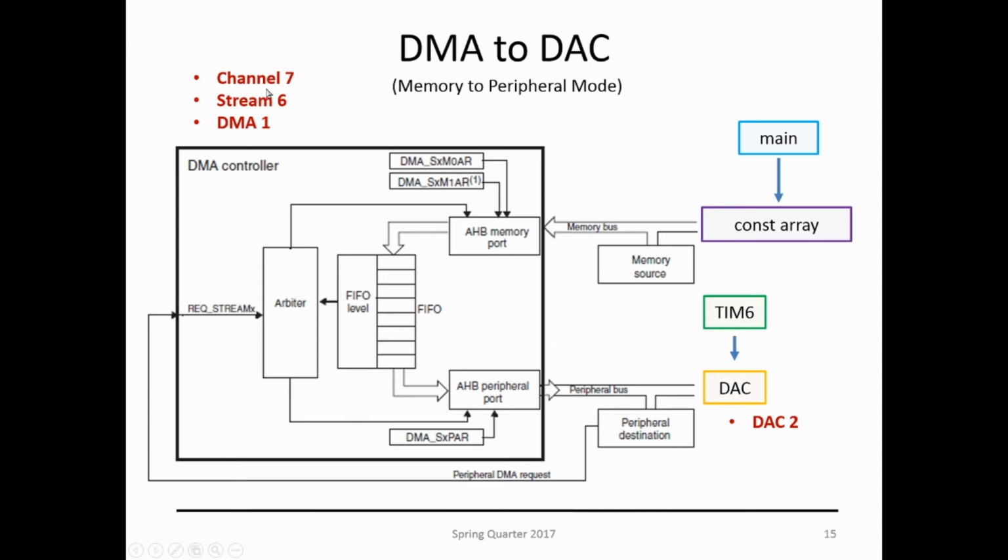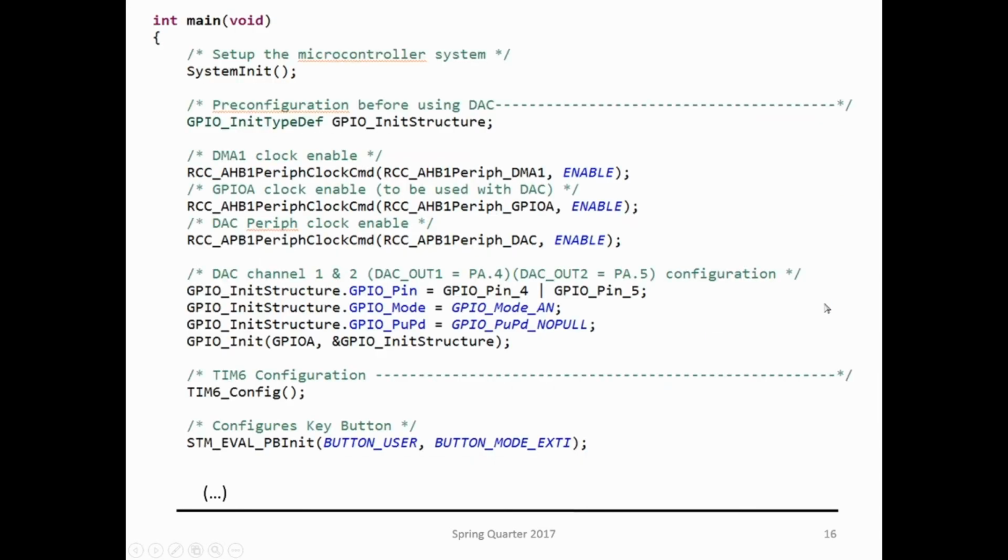We're using channel number 7, stream 6 and DMA 1 for our DAC 2. The example actually uses two DACs, DAC 1 and 2, which are going to use different streams, but the same DMA. So let's go over the main. We initialize the microcontroller, and here we enable the clock for DMA, we enable the clock for our GPIO-A and our DAC, and we set up the DAC channel 1 and 2, pin 4 and pin 5 of GPIO-A, and